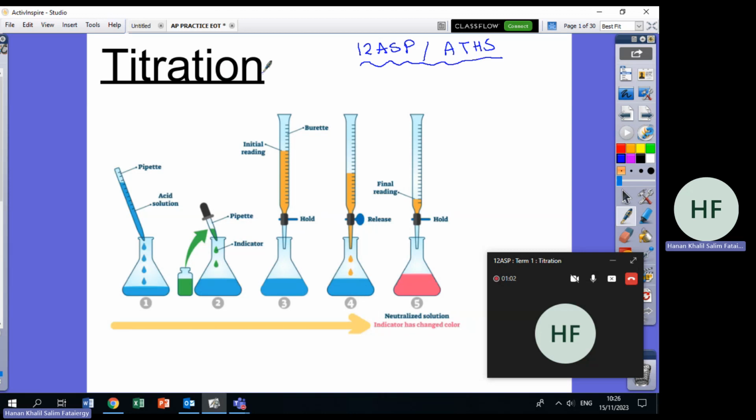In this video, I will be explaining everything related to titration. I've received many comments from students that they need further explanation regarding titration. Now, to start with, I will explain for you what is the setup